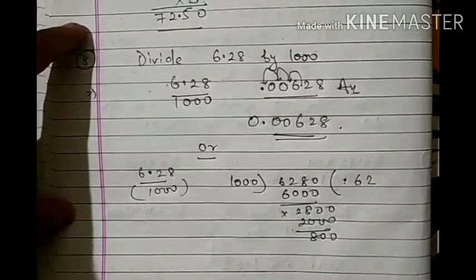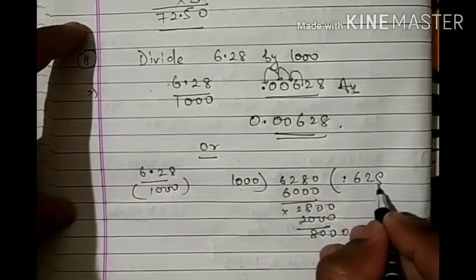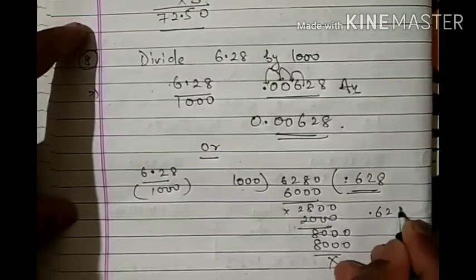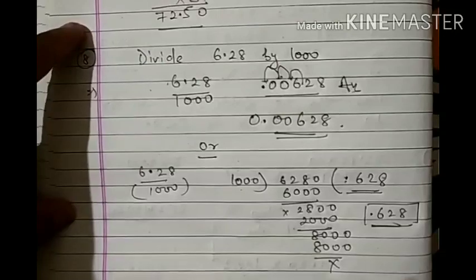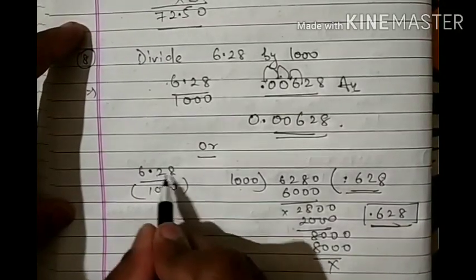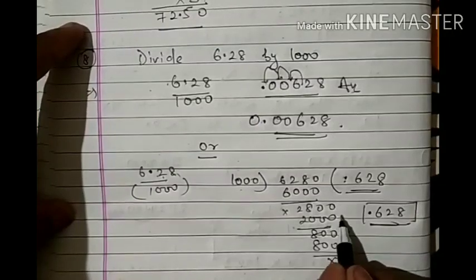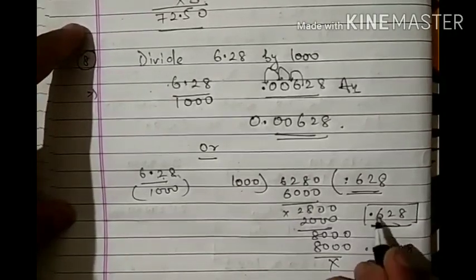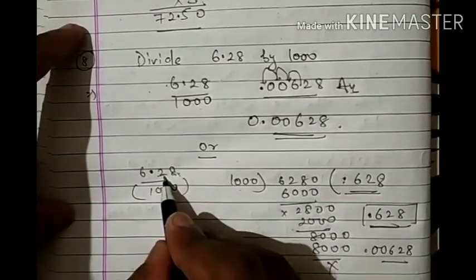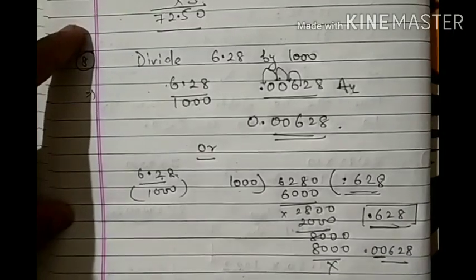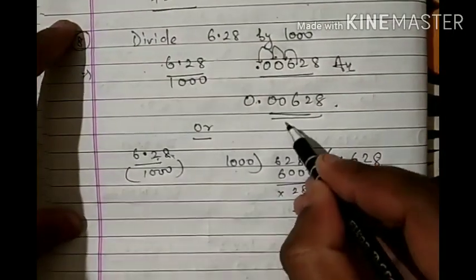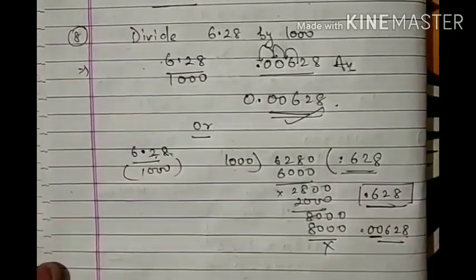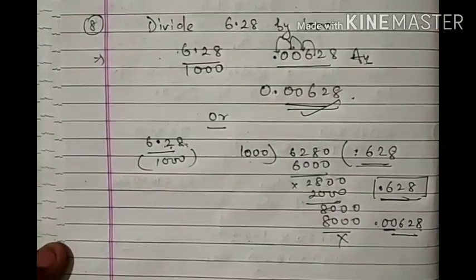We are left with 800. Again point over here. We get a 0. 1000 goes 8 times is 8000. So what is our answer? 0.628. But we have to put the decimal where? 2 places before. The decimal is already here, and 2 more places before, that means 2 more zeros. 0.00628. The decimal was here, but we have to put the decimal 2 digits before. So what will be the 2 digits? That is 2 zeros. So our answer will be 0.00628. By any method, the answer will be the same. I hope it is clear to everyone.